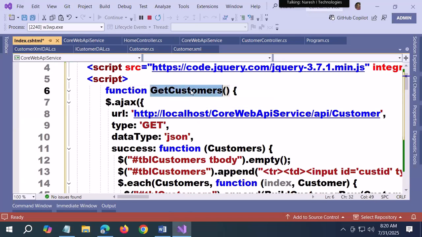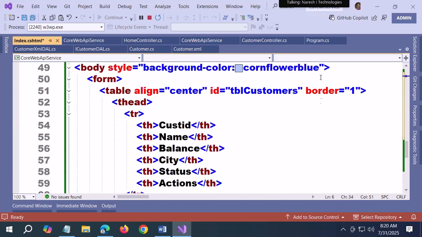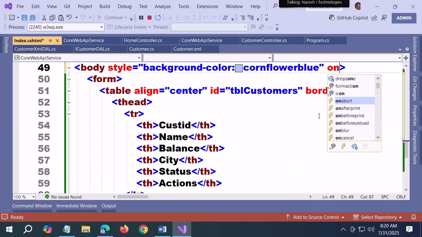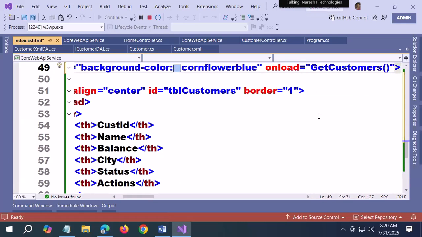Well, now this is get customers. If you want to execute this get customers, how do we execute? When do you want to execute? I want to execute in body onload. So in the body onload, we can just call onload is equals to get customers. Let us try. Copy the function name. Go to the body tag, and here we write onload is equals to calling it. So when I run this,